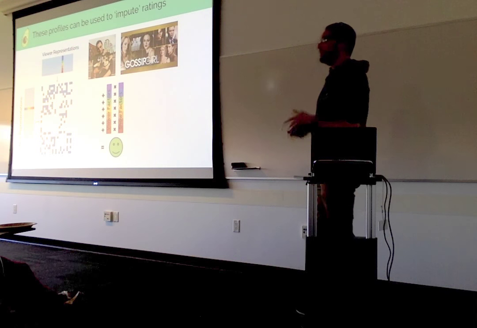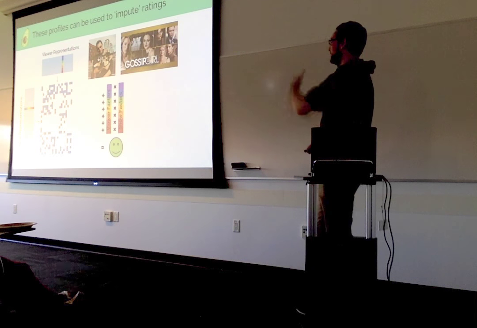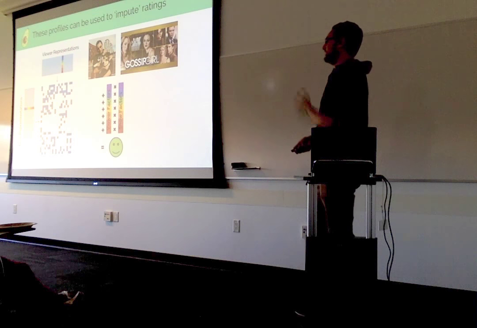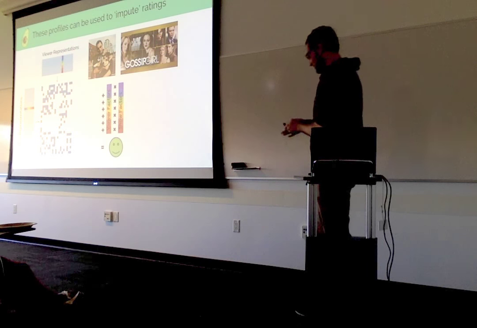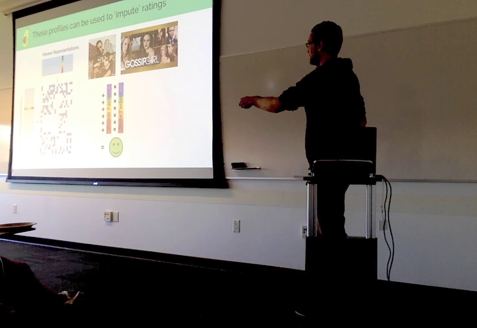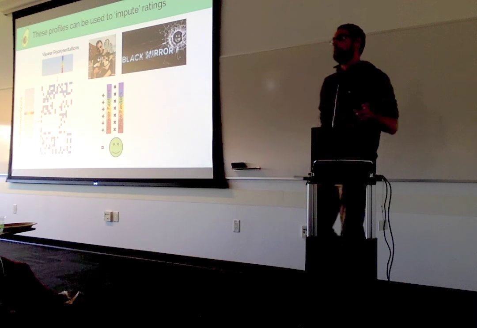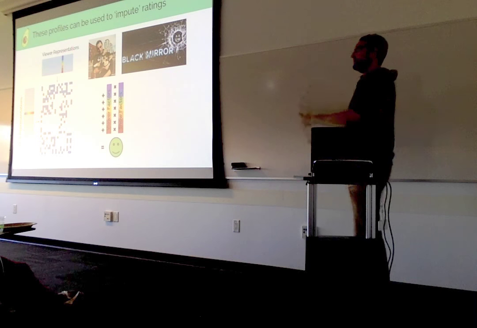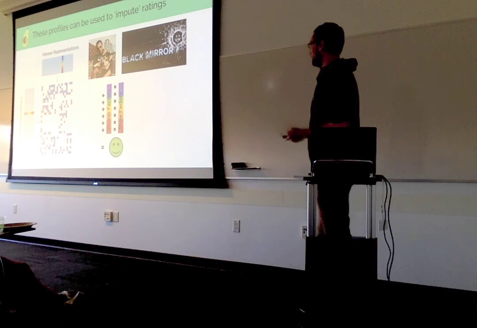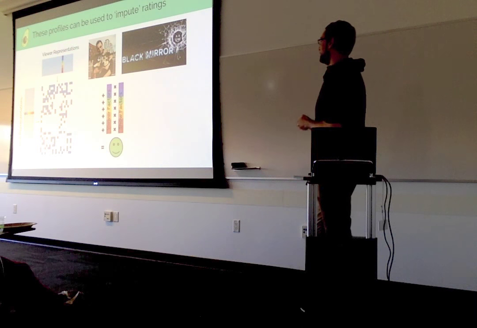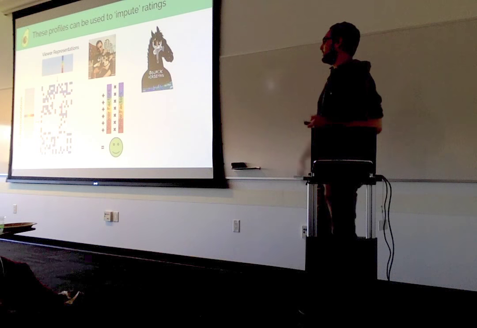So then if you want to make imputations, all you need to do is go through all of the show representations, all of the viewer representations, and just substitute them in. So you go down from perhaps Gossip Girl Live, me and Gossip Girl Live right here. If I want to do the next show, I just go down by one. And so perhaps this is Black Mirror. And then I'll get my imputed value for how I would view Black Mirror, then go down and maybe BoJack Horseman,